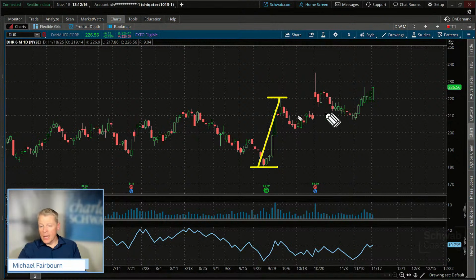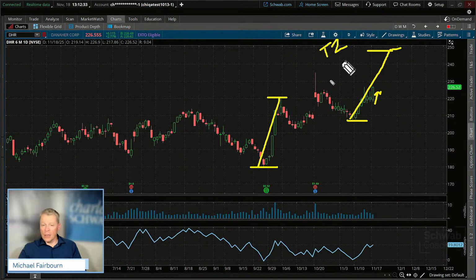What we're doing is we're adding that price range to this. I'm just going to kind of eyeball, but it was somewhere about here. It's approximately this level. That's what we thought we would take this move at if we got a strong move to the upside, right? So that is referred to as a T2 target. That is the full extension of the pole of the flag.